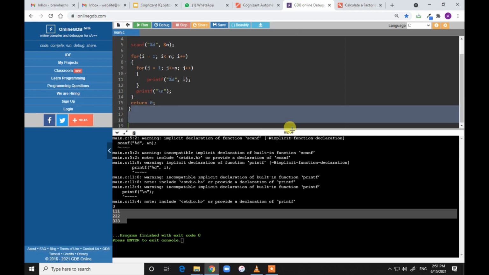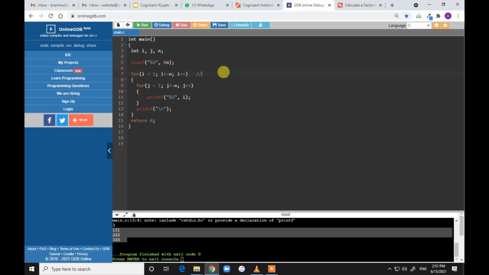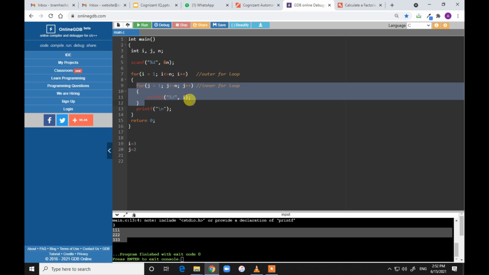If you observe carefully, this is the outer for loop, and here it's an inner for loop. Whenever you have a question like this where you want to print a pattern, always understand that, for example, if the value of i is 3, what we want is that j should be 2. Why should j be 2? Because whenever we go into the next loop, one element should be less. So that is what is expected.